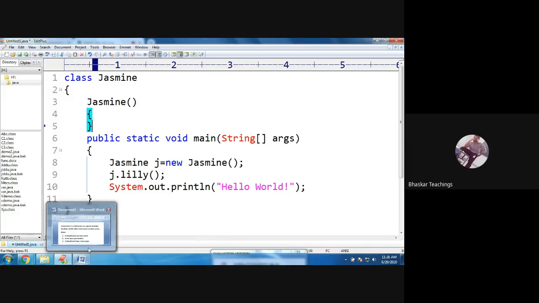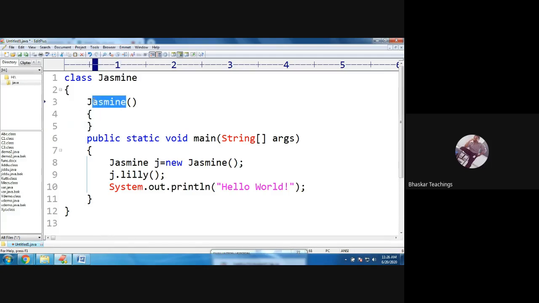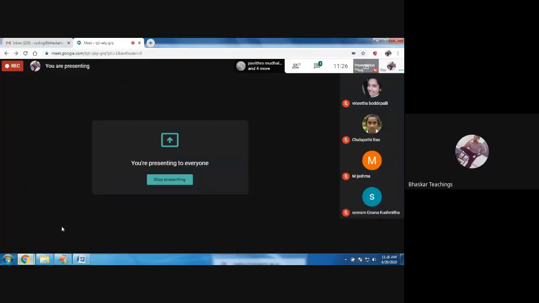So what is the use of a constructor? Why do we need a constructor when we have functions? That I'll tell you later. First of all, you got an idea, right? What a constructor means? A constructor is the same as a function, but it will have the same class name. It can have parameters. Is that clear? Constructor introduction.